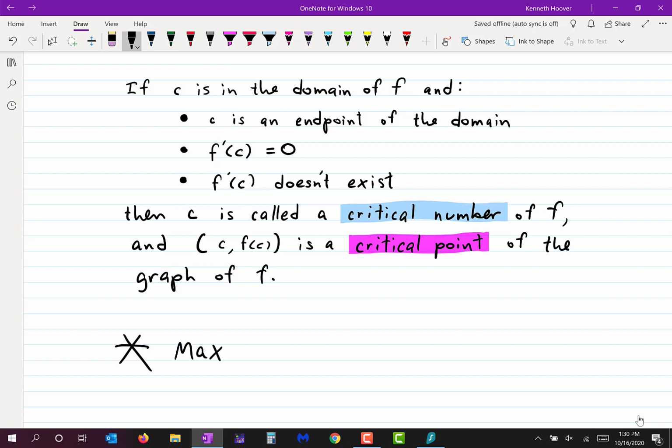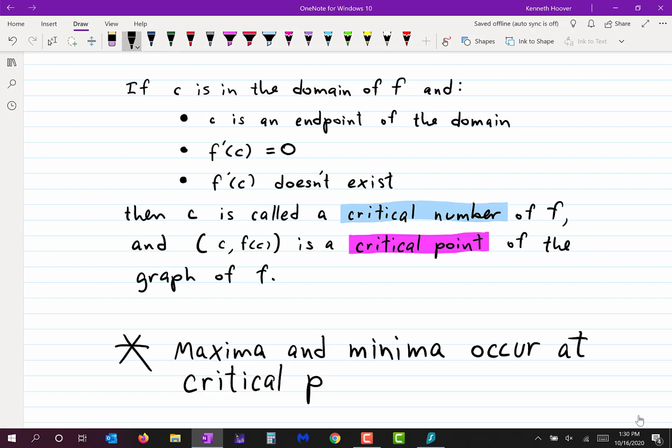Maxima and minima occur at critical points. Not every critical point will be a maximum or a minimum, but every maxima and minima will be at a critical point. So, if you want to find, let's just say this, the absolute maximum and the absolute minimum of